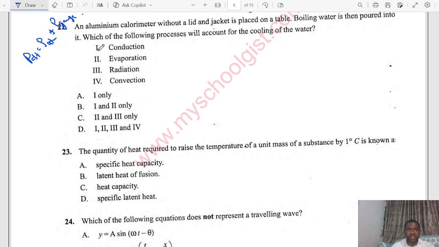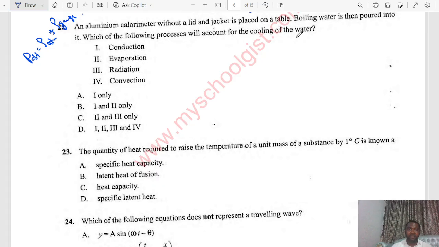Now the next question says, an aluminium calorimeter without lid and jacket is placed on a table. Boiling water is then poured into it. Which of the following processes will account for the cooling of the water? I'll read that again. An aluminium calorimeter without a lid, no cover, and jacket is placed on the table. Boiling water is then poured into it. Which of the following processes will account for cooling of water? Cooling of water in this case has to do with